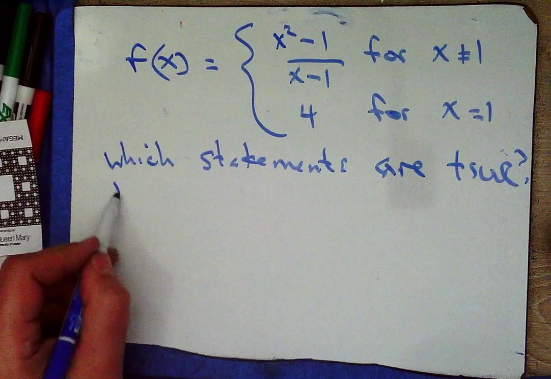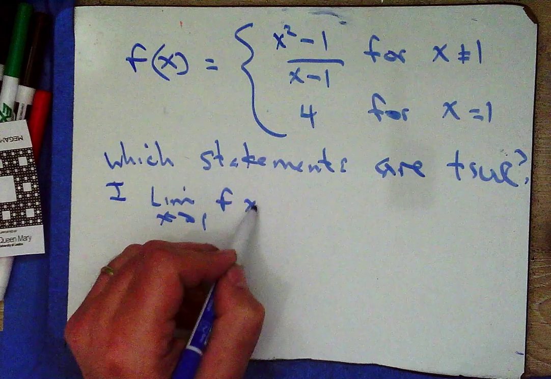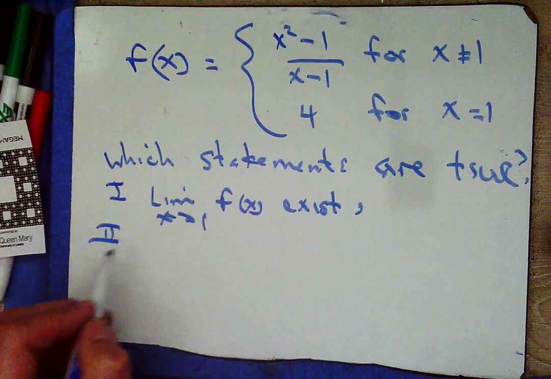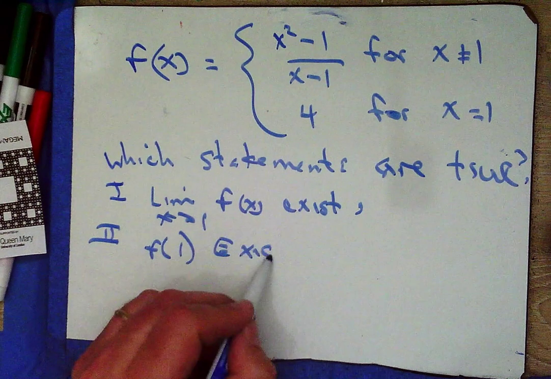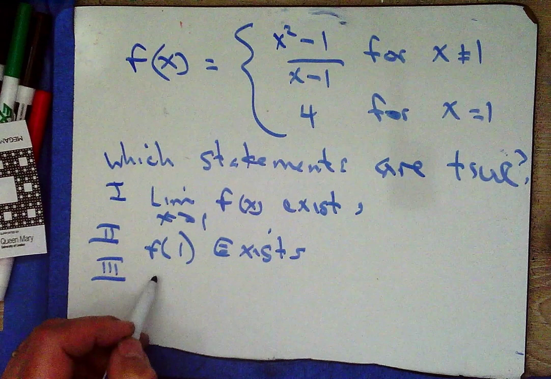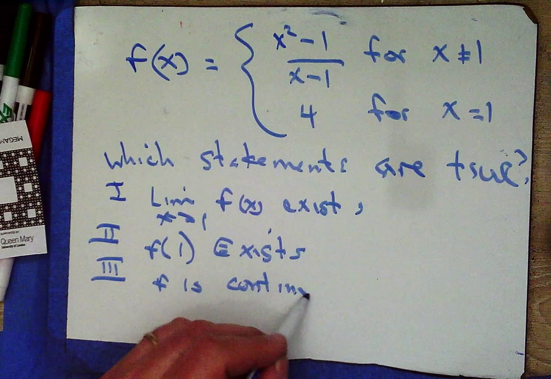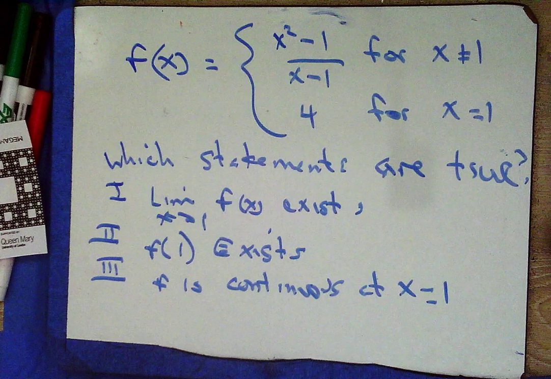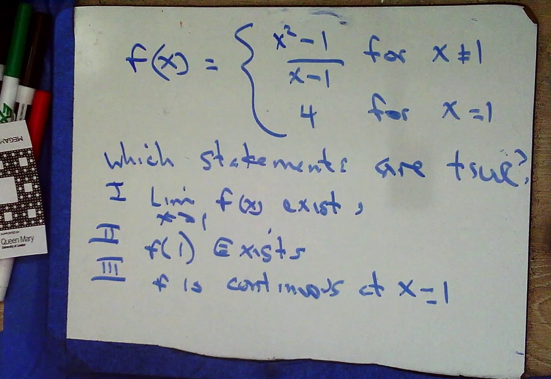Okay, first statement. 1. The limit as x approaches 1 of f of x exists. 2. F of 1 exists. 3. F is continuous at x equals 1. That's what we want to know. All right, so